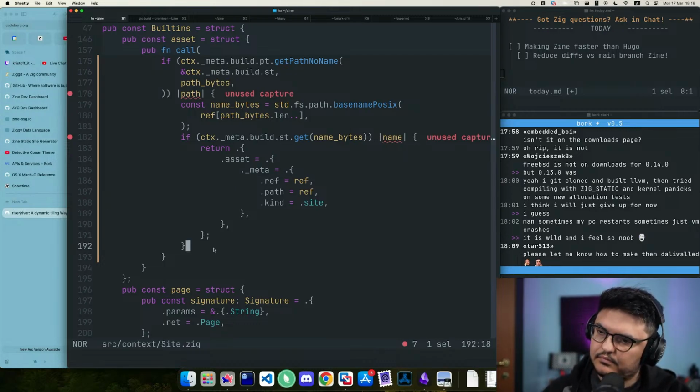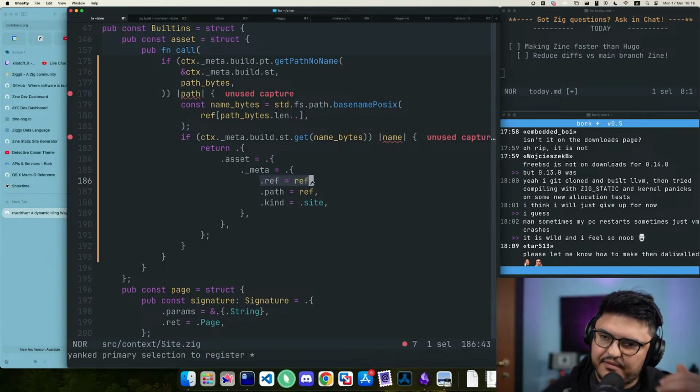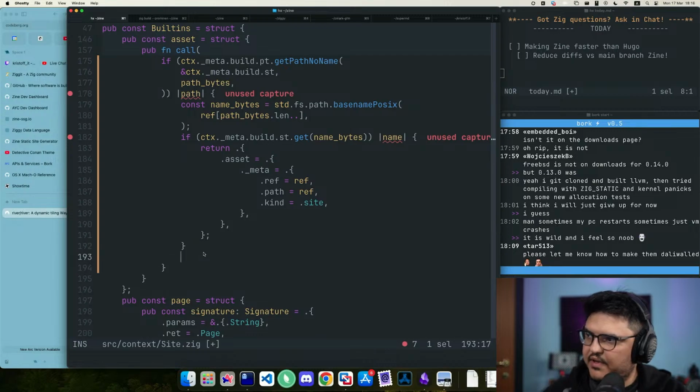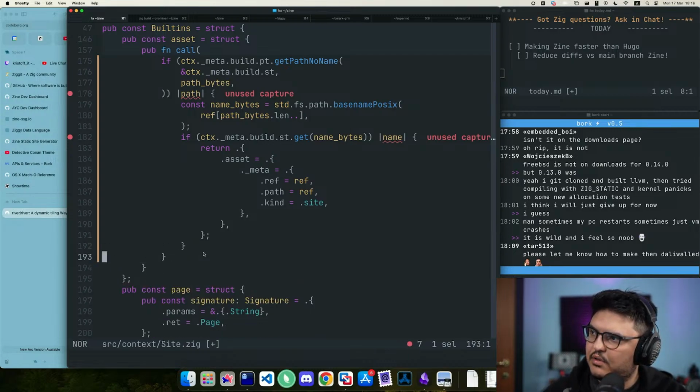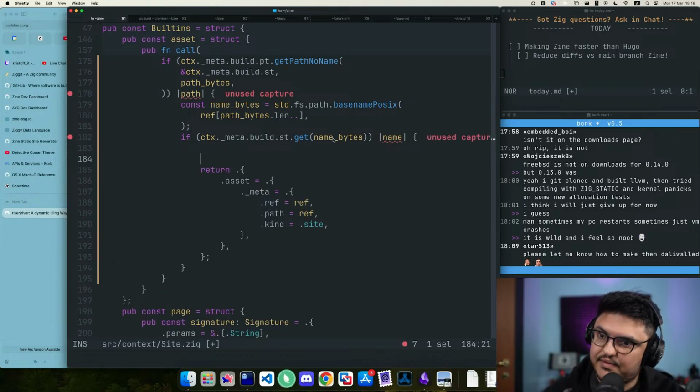Otherwise, and I'm thinking that now we leave ref as ref, maybe, and then we change path to just be the path name. We'll see. Okay, in any case, if we fail at any point in this, well, actually, that's not even it. Okay, so if we found this, then we need to check that it is there. So if